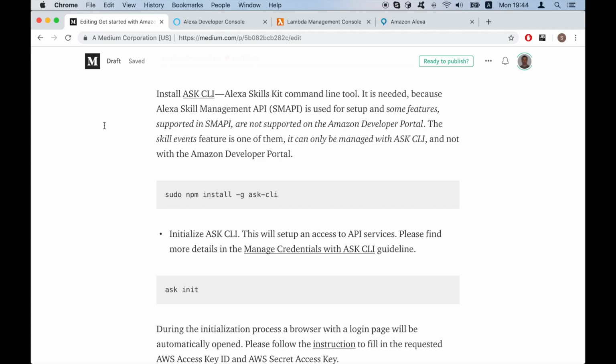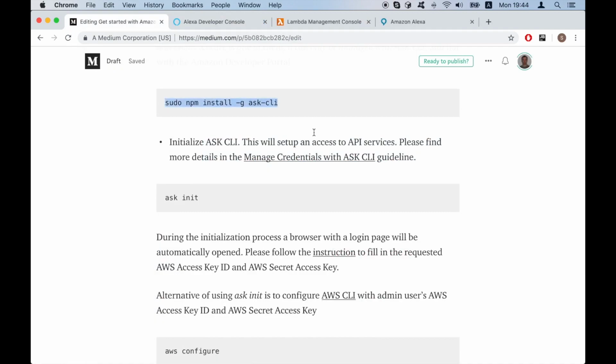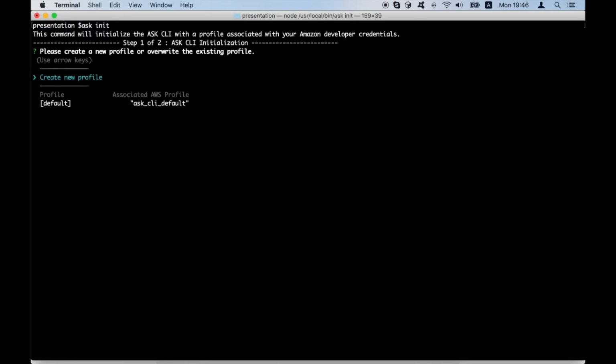To be able to receive the proactive events we need to modify the skill's manifest, and currently it can be done only with the ASK command line tool, so we need to install this. Follow this instruction. This is how it can be installed, and then we need to initialize it. Then we are guided through the process of setting up credentials, and we can create a new profile or use an existing profile. So we can create a new profile,